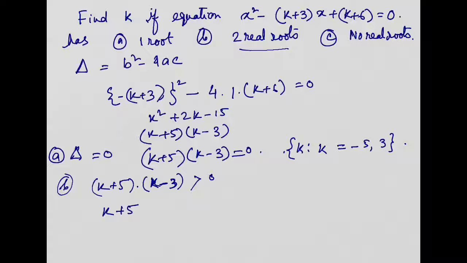When two factors give a product of a positive thing, either both k plus 5 and k minus 3 are positive, or both are negative, then they are greater than 0 and give us a positive thing. Hence, we find that when k plus 5 is less than 0, both are negative. In a single statement I can write that k is either less than minus 5 or k